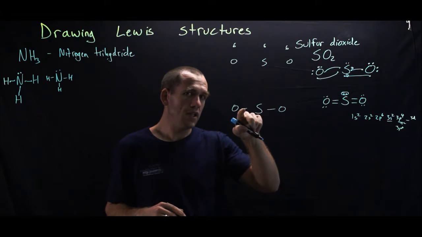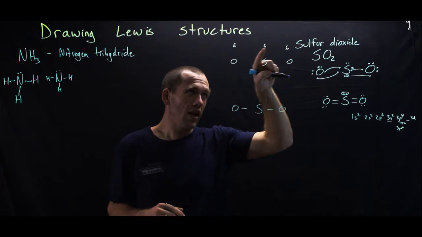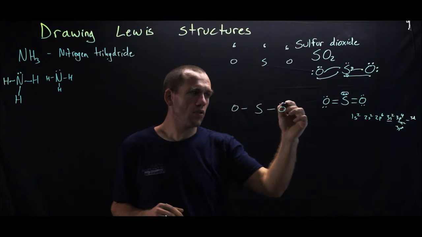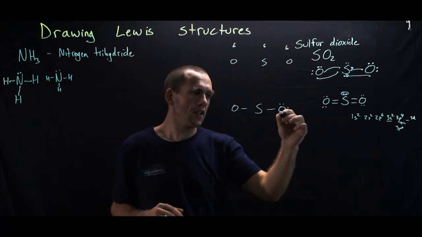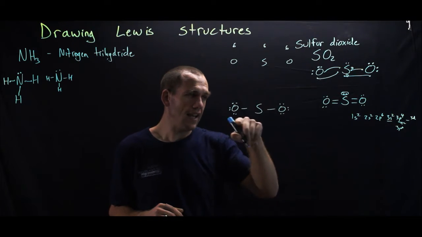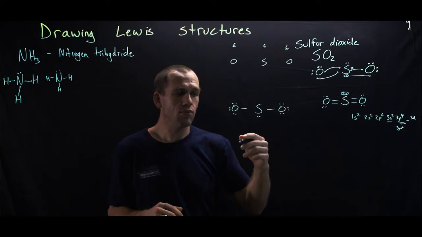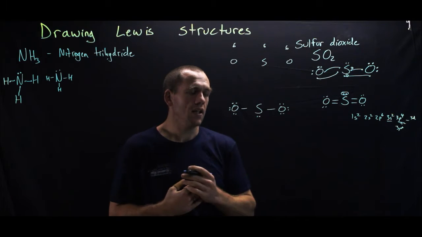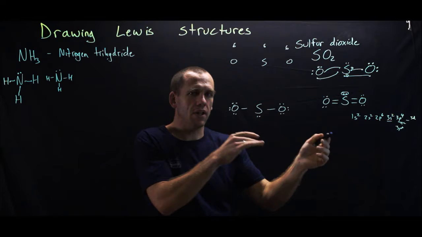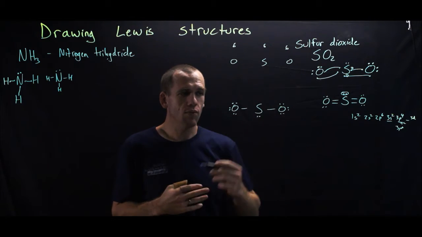So remember, each bond counts as a pair of electrons, so that's 2, 4. We had 18 total to start with, 6 plus 6 plus 6, so we've got 14 left to place. So 2, 4, 6, 8, 10, 12, and that is our 8 valence electrons around our terminal atoms, and then we place our last one right there, and we get all of our valence electrons. Now this doesn't look like that. That one's got double bonds, this one has single bonds. Well, now we try to get our octet rule obeyed